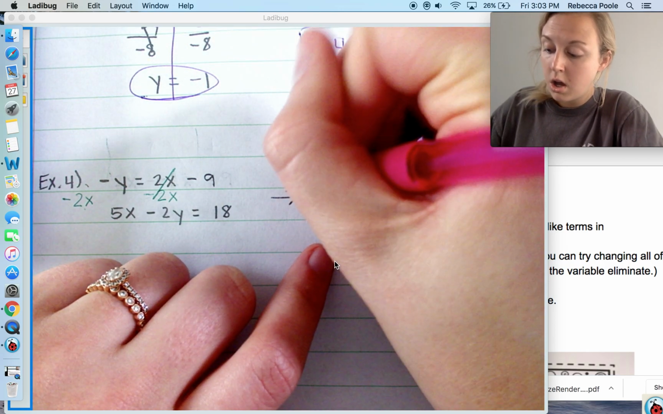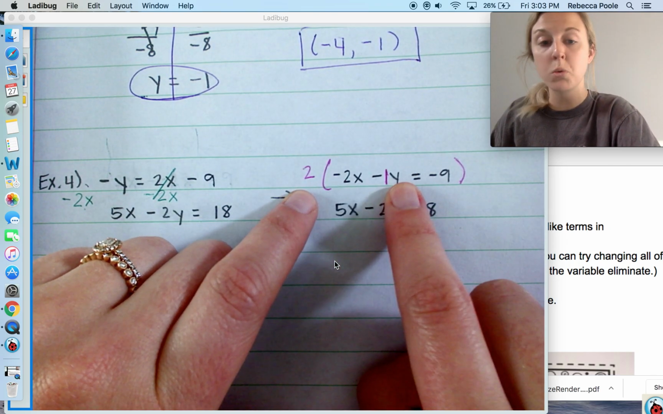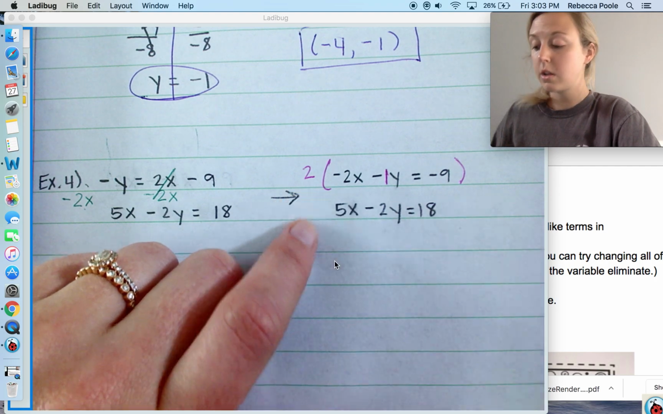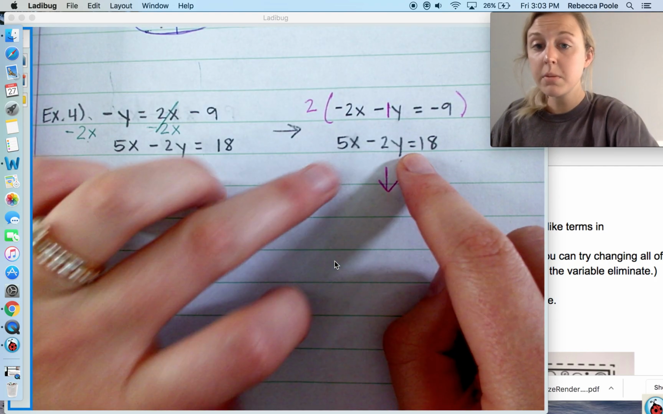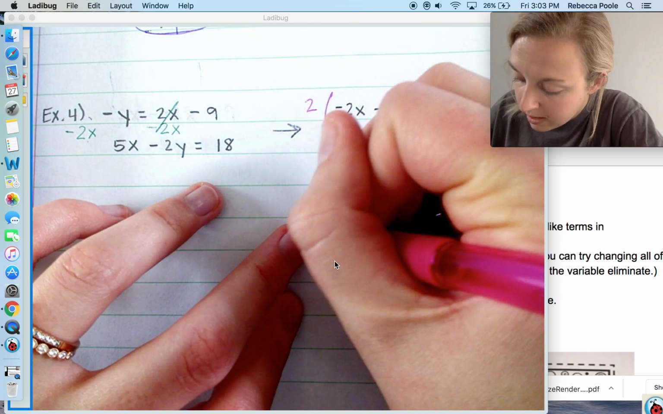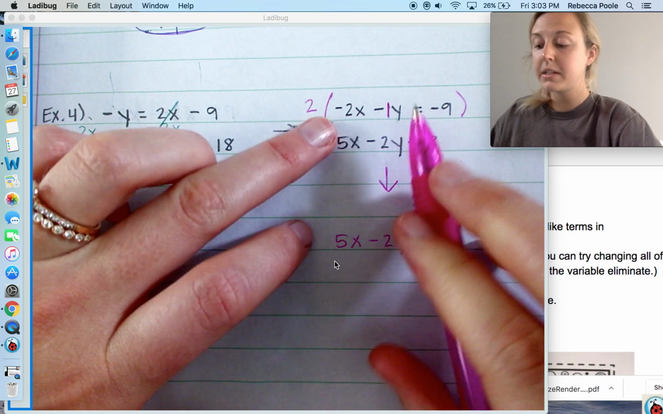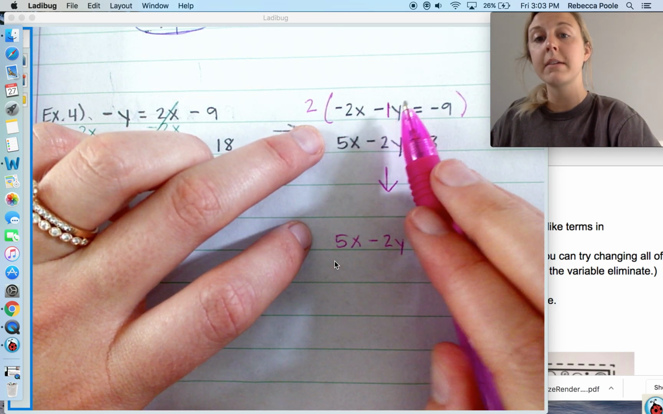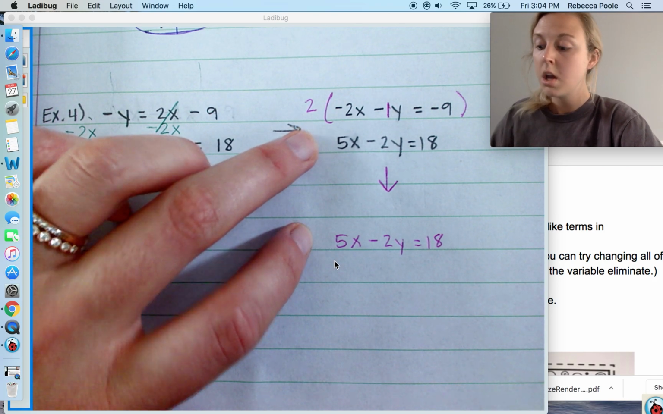Okay? If we multiply the whole top by 2, y'all are saying 2 times 1 should make 2y, right? So let's do that. I'm going to come down here. We're not changing the bottom one, so I'm going to bring that one down. 5x minus 2y equals 18. But the top one, we're going to multiply everything by 2 so I can make my y's the same and make them cancel. So 2 times